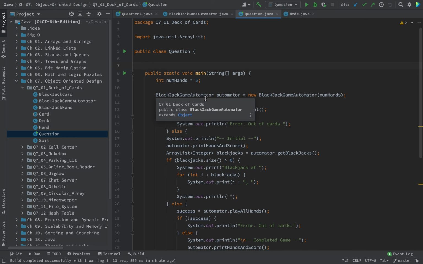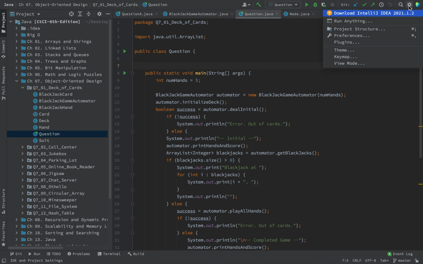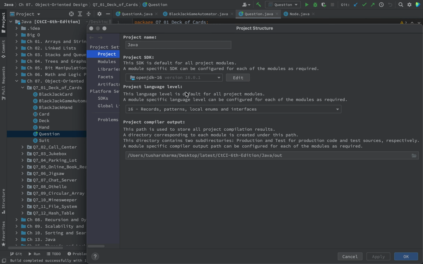Today, I wanted to discuss IntelliJ IDEA, one of its features where we want to change the IDE's SDK version. So, suppose it is using some SDK version and we want to change the SDK version, or in this case, the JDK version, because we are using Java Development Kit. So, we can use this settings symbol here, and then we have the project structure.